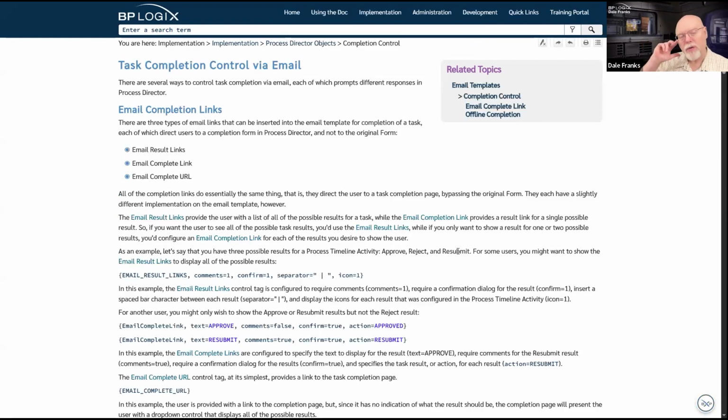There are three methods whereby you can have people complete a task. We say it's complete a task from email. It's not. You're still completing the task in Process Director.